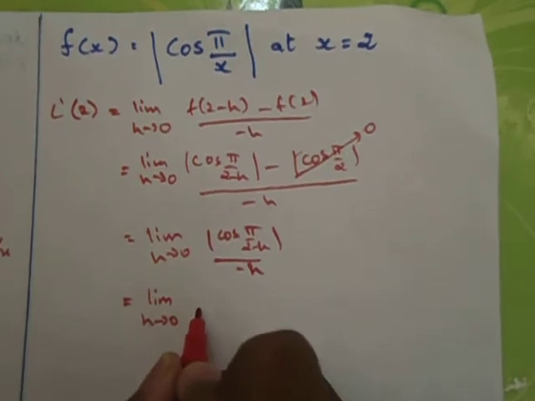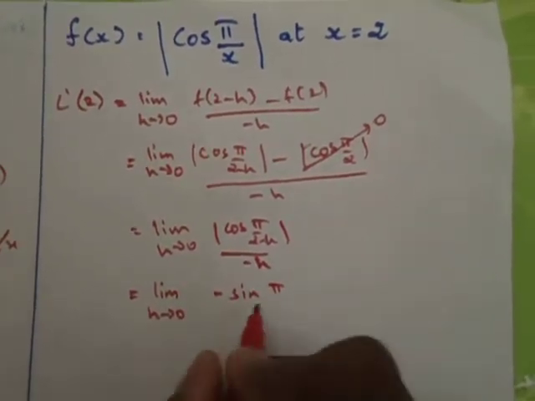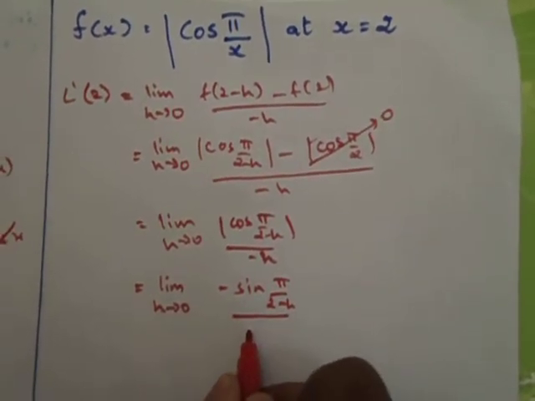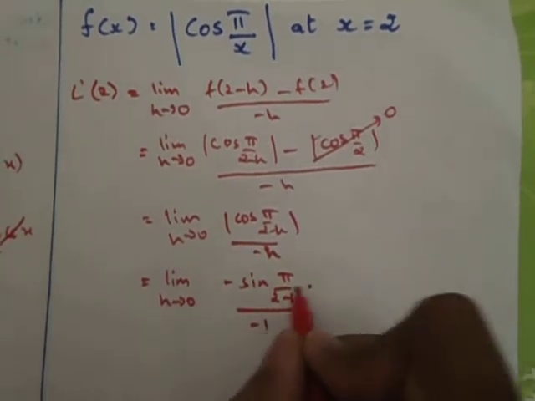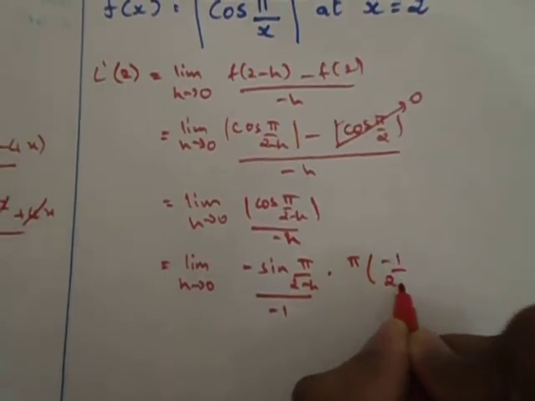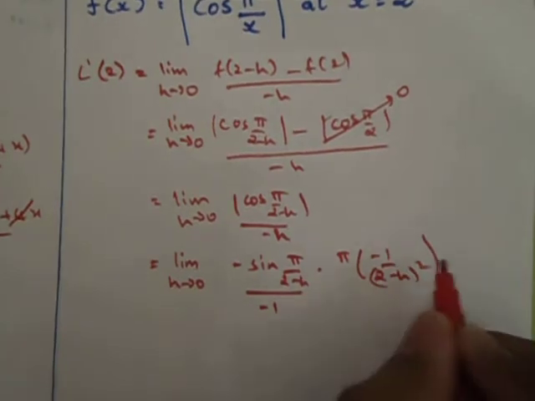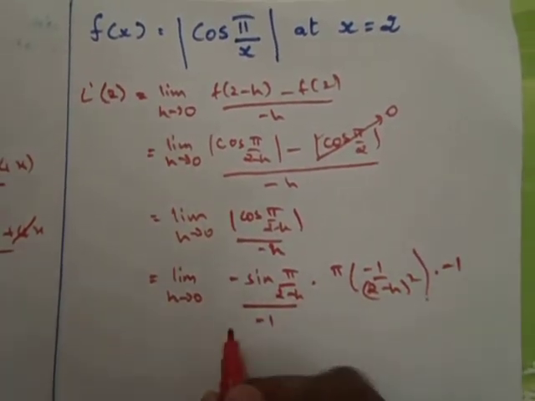Differentiation of this is minus sine pi by 2 minus h by minus 1, and using chain rule we also get pi into minus 1 by 2 minus h whole square